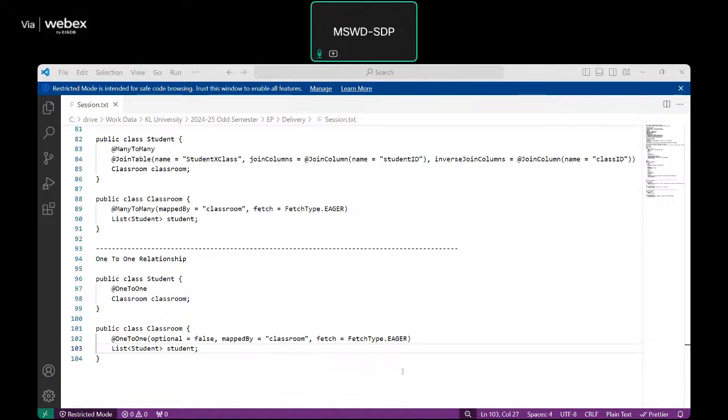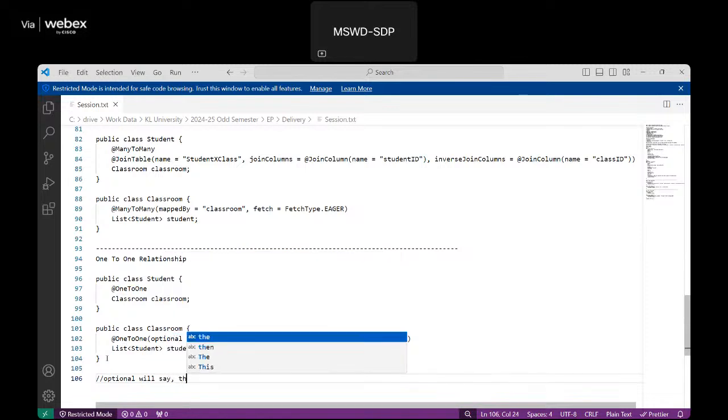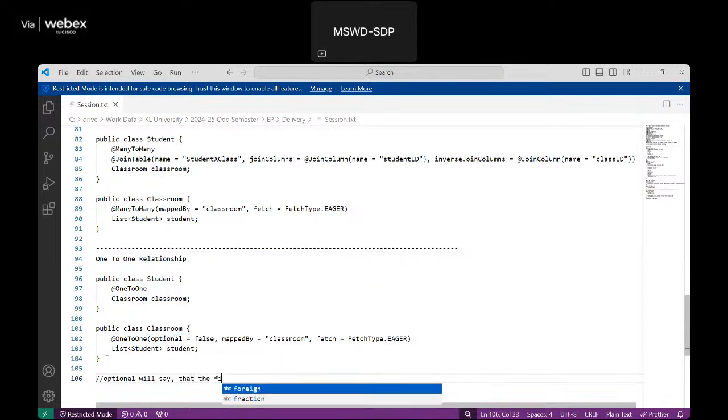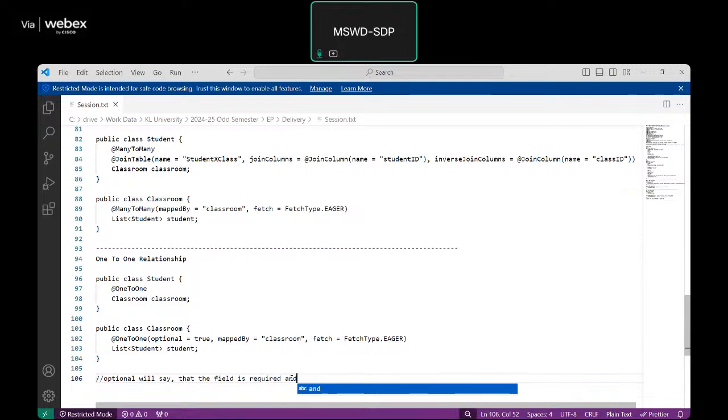So I'm just typing that. Optional will say that the field is required. This is for true only. Optional is true means that it will say that the field is required, and if